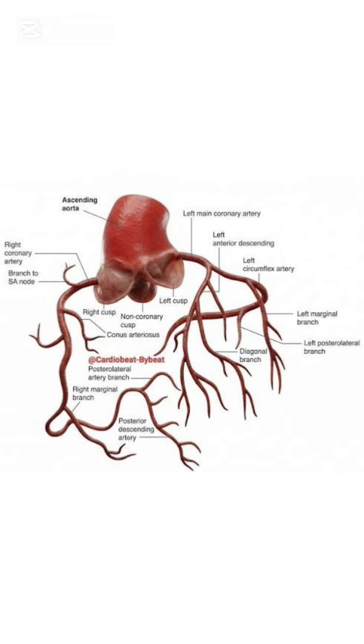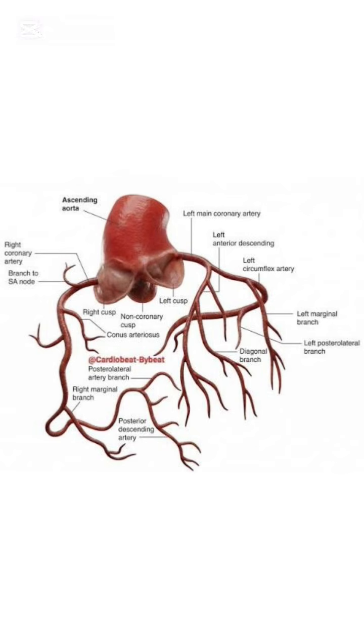Arterial supply of heart. The coronary arteries arise from the right and left aortic sinuses of the ascending aorta, just above the aortic valve. Left coronary artery. The left coronary artery is usually short and divides into the left anterior descending artery. The left anterior descending artery runs in the anterior interventricular groove and it supplies the anterior wall of the left ventricle, anterior two-thirds